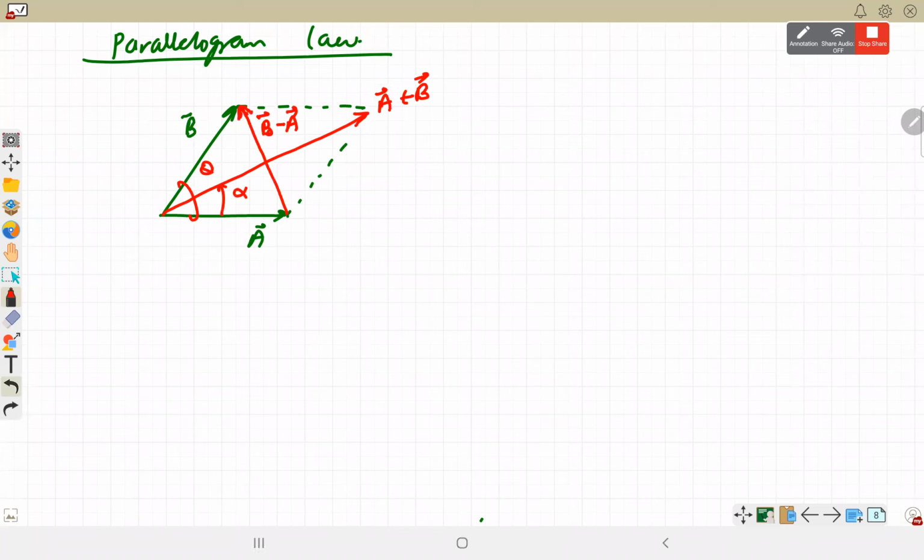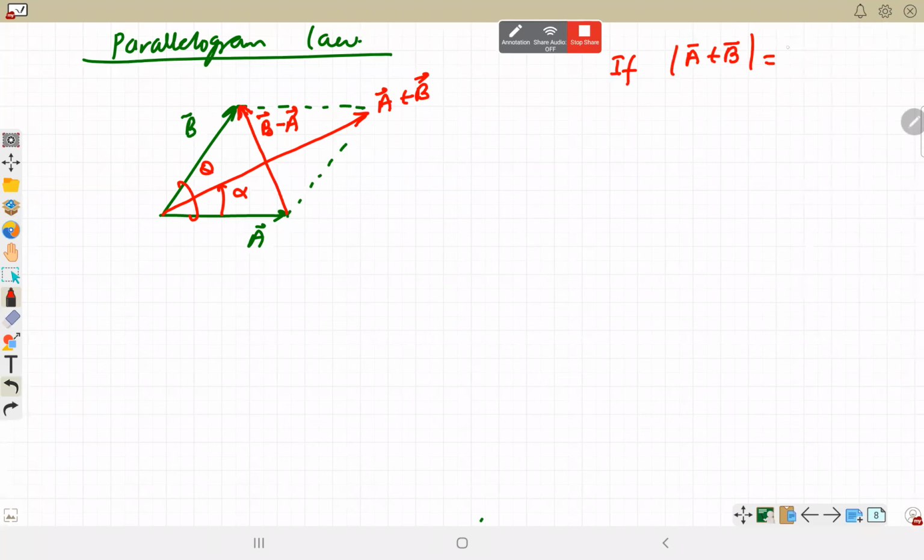Total angle is theta and this will become alpha. Same as the previous one, but it will be a little easier, as we can represent them geometrically by the length of the diagonal. So A plus B is the length of one diagonal of this parallelogram. A minus B is the length of the other, represented by the other diagonal. We can also use that geometrically. Like if the question is, if the magnitude of A plus B is equal to A minus B, what is the angle between A and B? You don't need to even use the pen. A plus B is one diagonal, A minus B is the other diagonal. If both diagonals are equal, then that parallelogram will become a rectangle only.